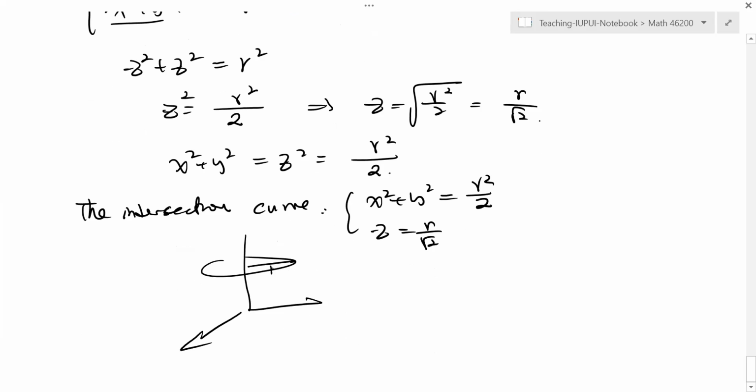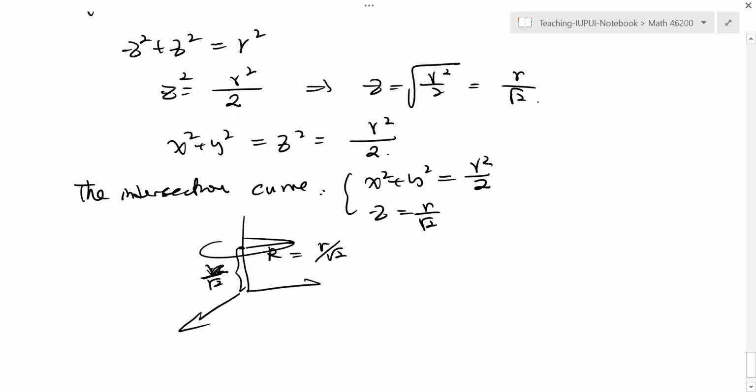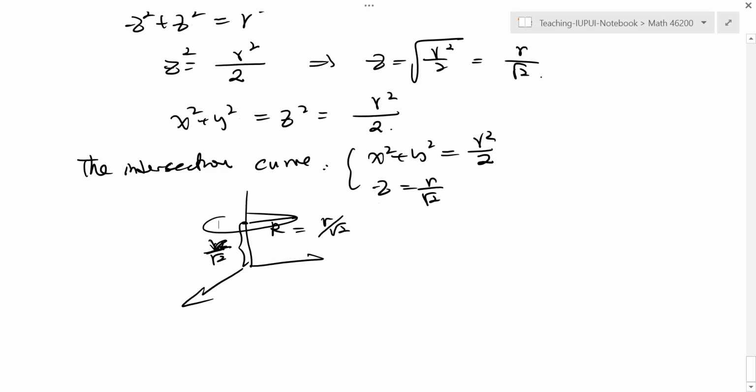The radius is going to be r over square root 2, and the height is also r over square root 2. That's okay. Now I want to find, at this point, and this is called the curve C,